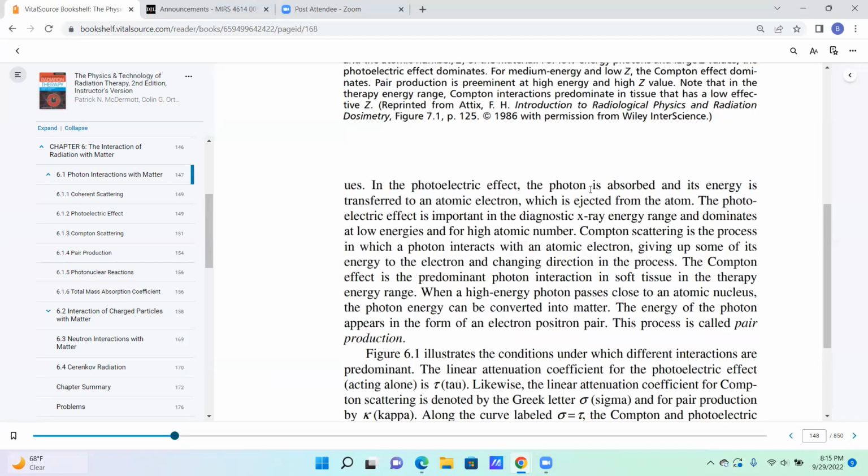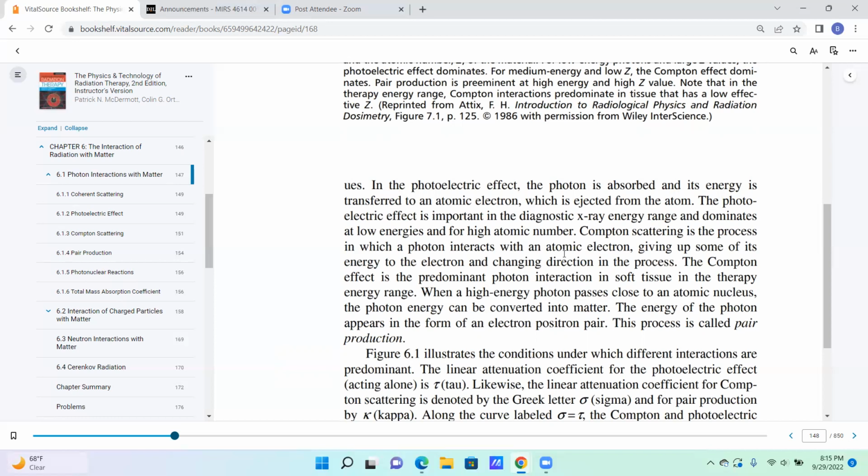If it's the photoelectric effect, the photon is absorbed and the energy is transferred to an atomic electron, which is then ejected from the atom. This is important in diagnostic X-ray energy and dominates at low energies for the high atomic numbers. Compton scattering is going to be the process in which the photon interacts with an atomic electron, giving up some of its energy and changing direction in the process. Compton effect is the predominant photon interaction in soft tissue in therapy range. So that's something we're definitely wanting to